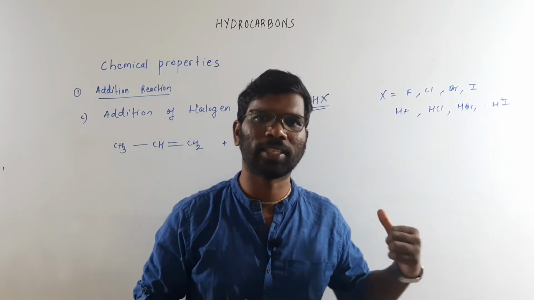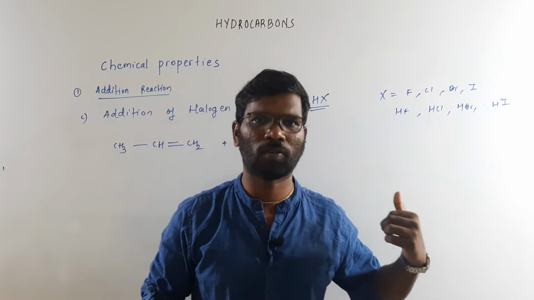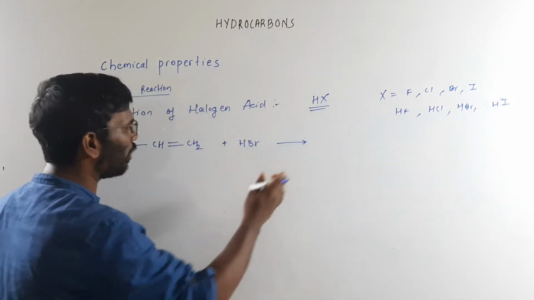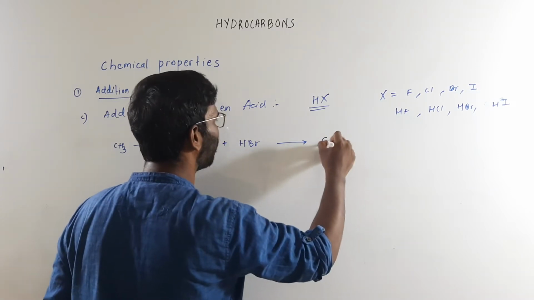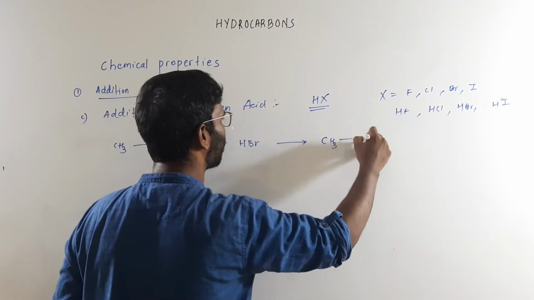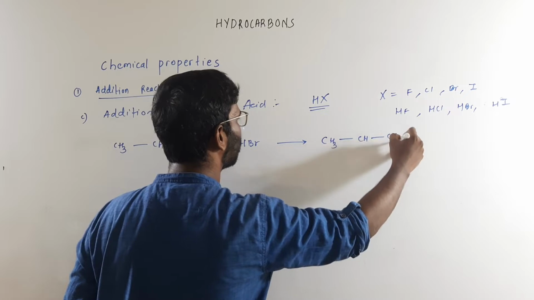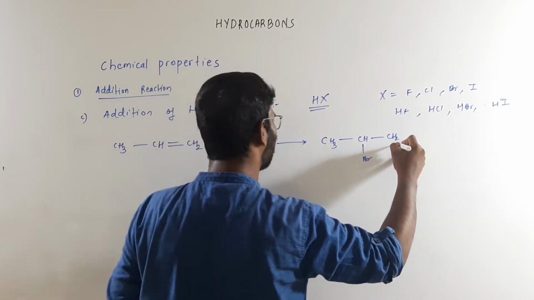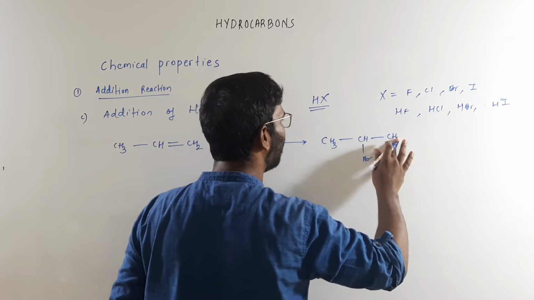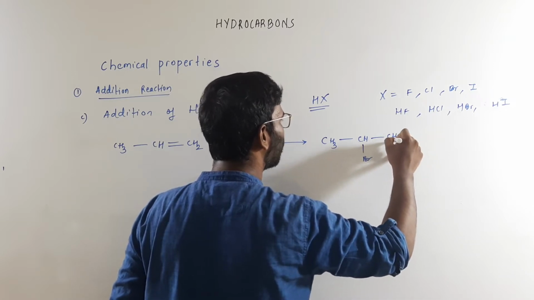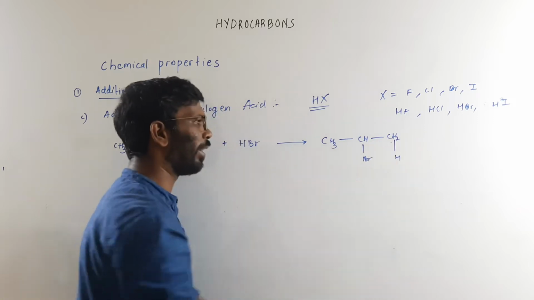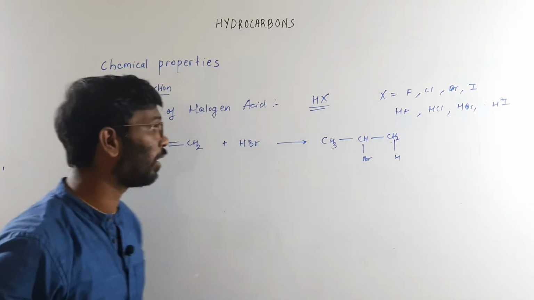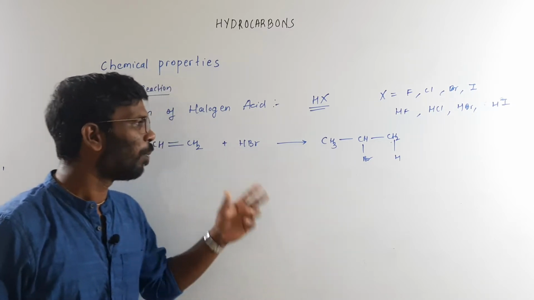Let's understand the mechanism of the addition of the halogen acid on this alkene. So I will write the product. The product for this is going to be CH3, CH and CH2, here is the Br and here this is hydrogen, right? So I will write this to be CH2 and hydrogen. I can directly write this to be CH3, not an issue. But this is the product we are going to get: 2-bromopropane is the product.